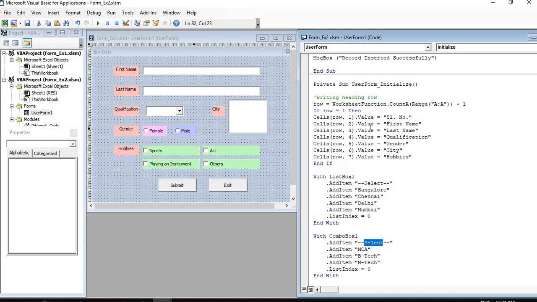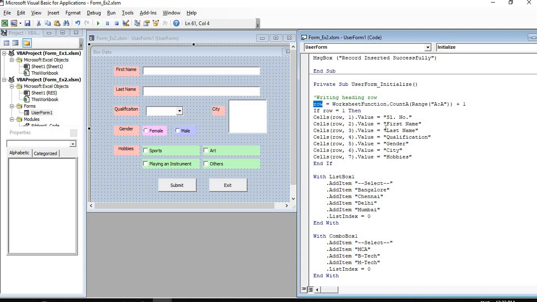In form initialize, we have first checked which is the non-empty row. We are first counting how many non-empty rows there are, and then plus 1 becomes the next immediate empty row after all these non-empty rows, and that will become our row index.